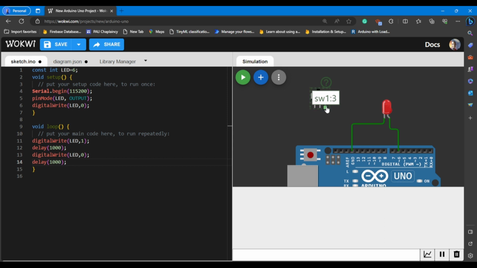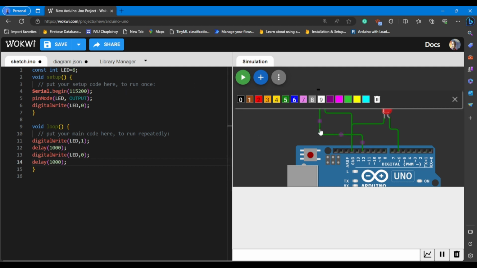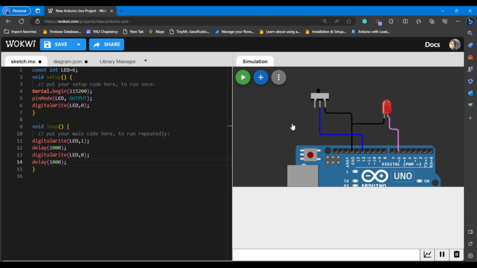So I'm going to connect this pin here to ground. And this other pin, let's connect it to pin 12. Let's give it a different color. Blue. Black. Let's give this one a color. So let's make